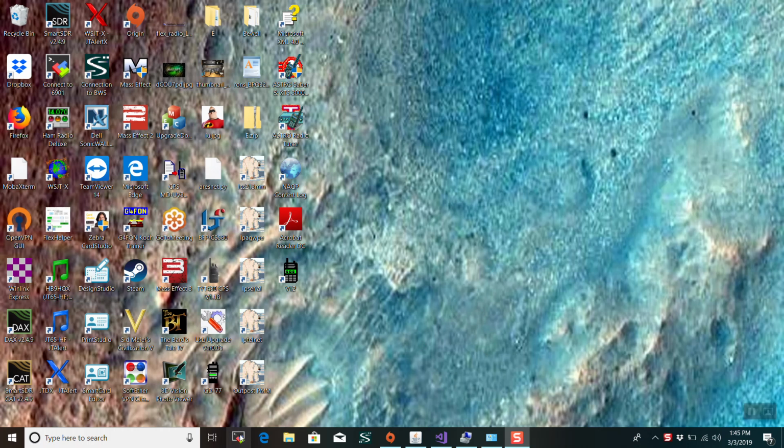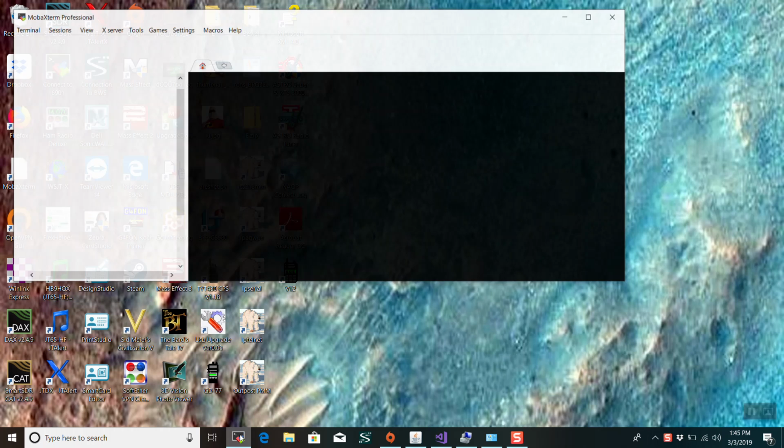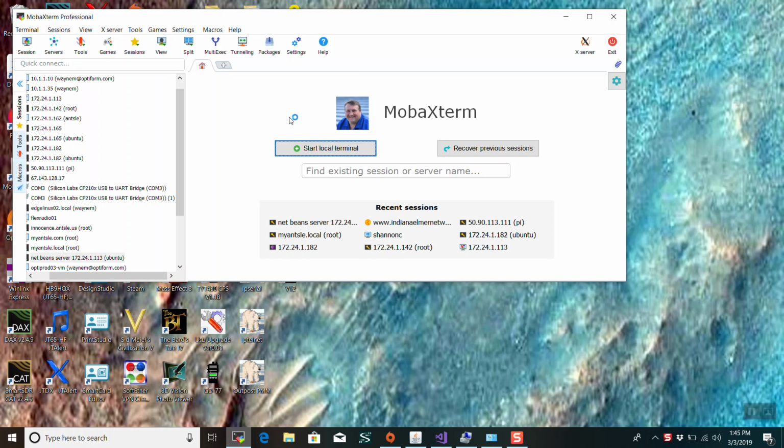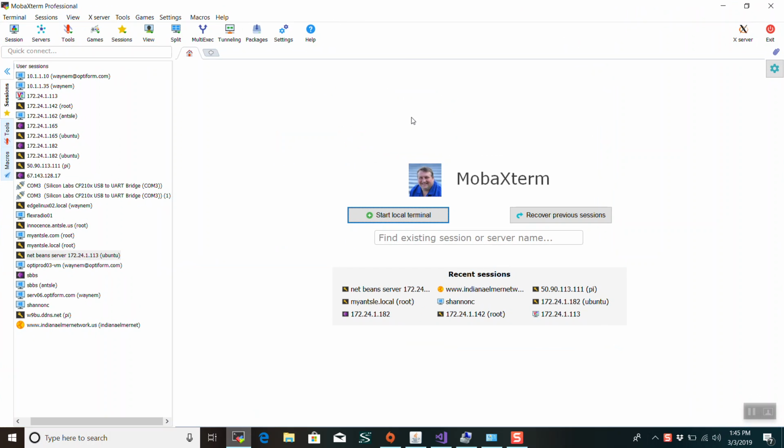I wanted to talk about some uses for the Antsle or Edgelinux servers. So I use a terminal program called MobaXterm, and it allows you to run applications on your Linux machines, but have the GUI interface show up on your client. In this case, I'm on Windows,